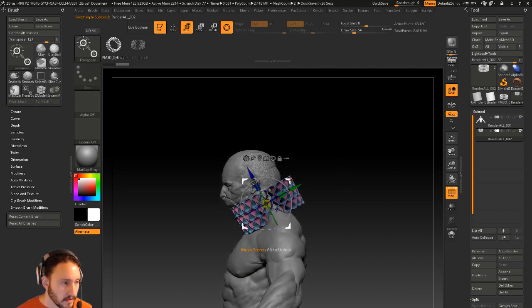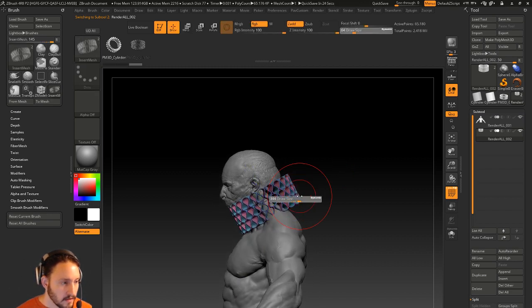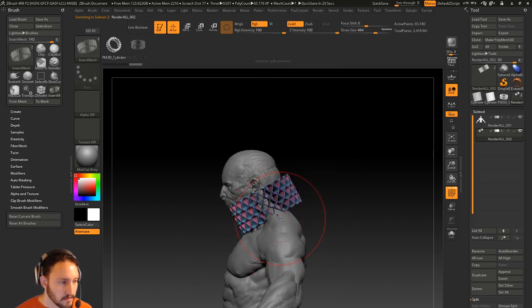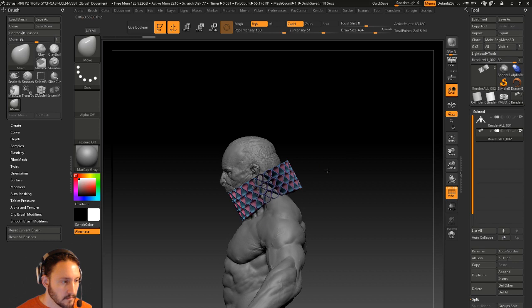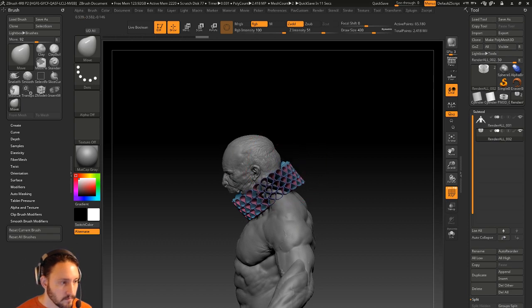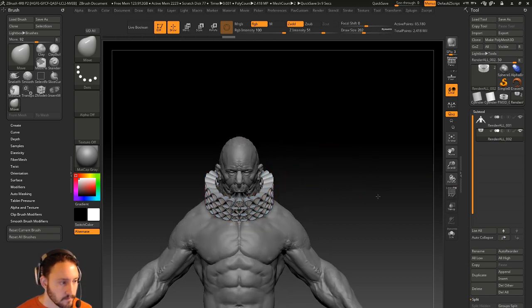And now I can go through here. I can use the move brush. I can use deformers. I think the move brush will be okay. Let's go to preferences, edit, turn off align cursor to surface here. And we can just move this thing around a little bit. Alrighty. So that'll be what we